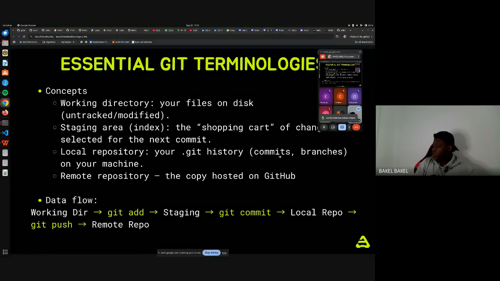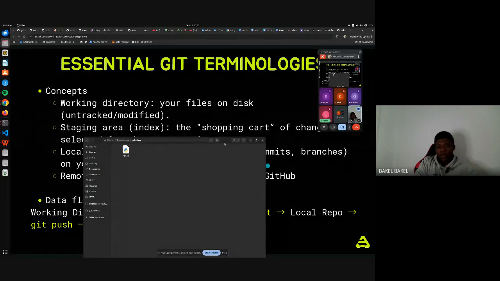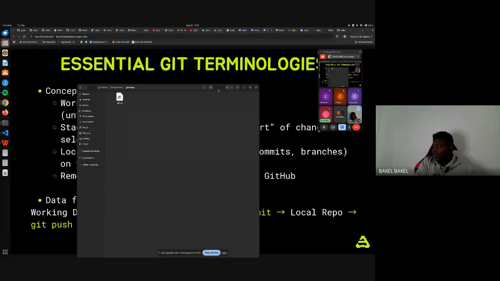Now for staging, how did I create the Python file? I mean, just create a file. Are you on Linux, or if you're on Windows, it's just okay, fine. Let's